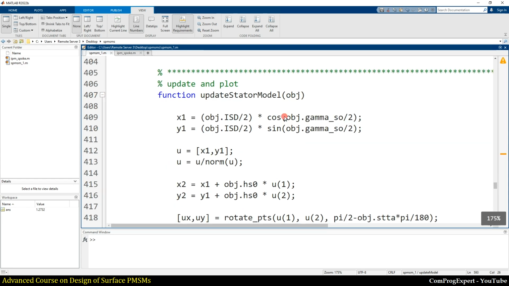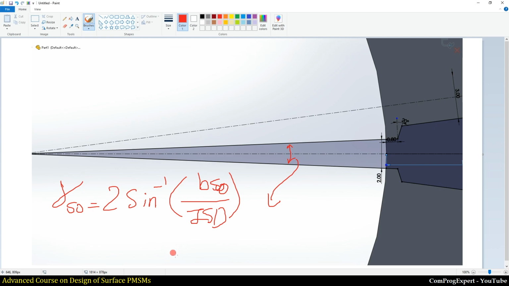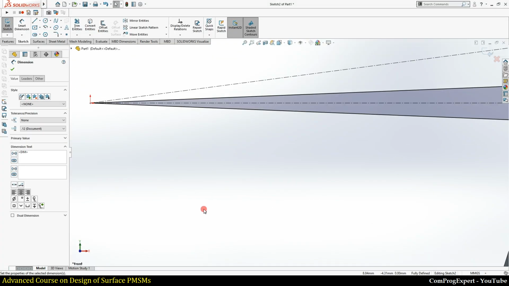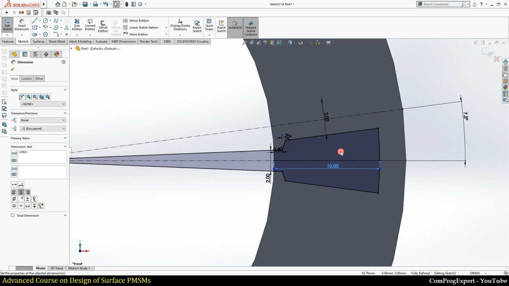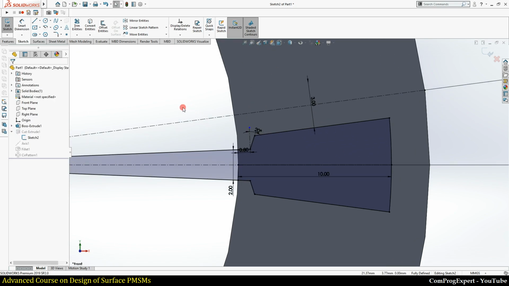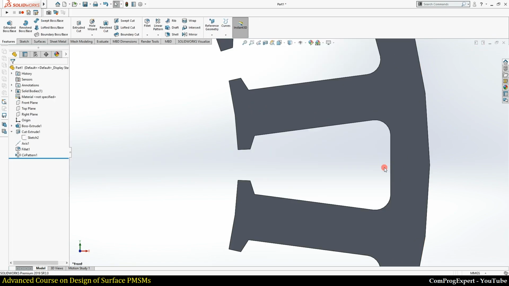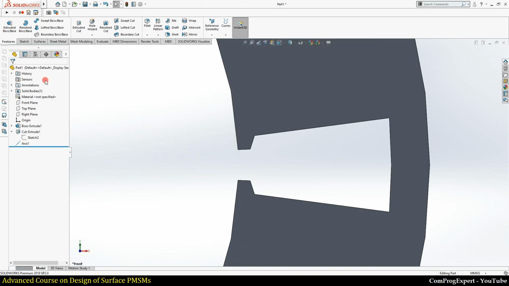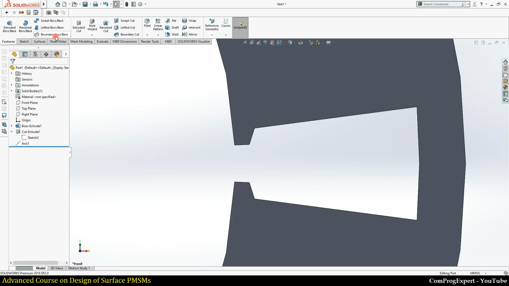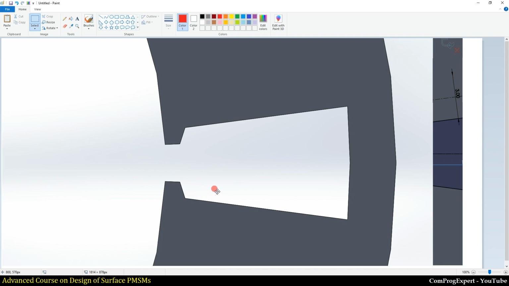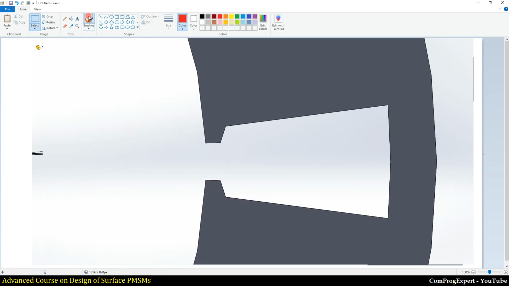So to generate the stator geometry, we need to calculate the x and y coordinates of the corner points of the stator slot. So let me delete this fillet now and take the screenshot. Okay, so we have these points.